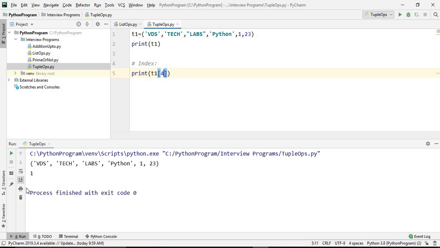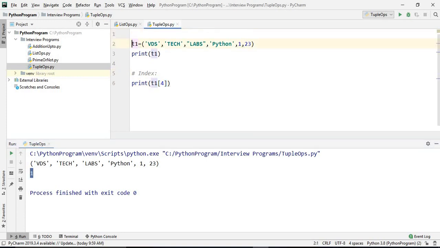So that is 1. As we have discussed in the list video, this is at the 0th position, this is at the first position, this is at the second position, this is at the third, this is at the fourth position, and this is the fifth position.